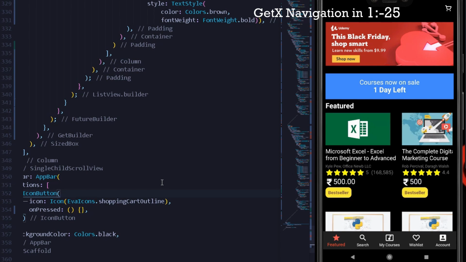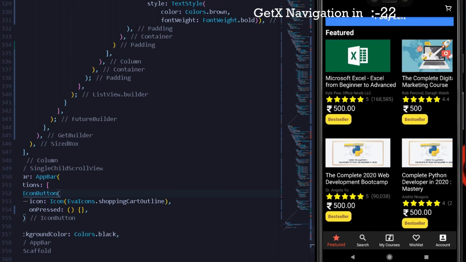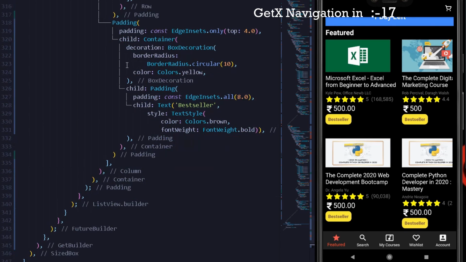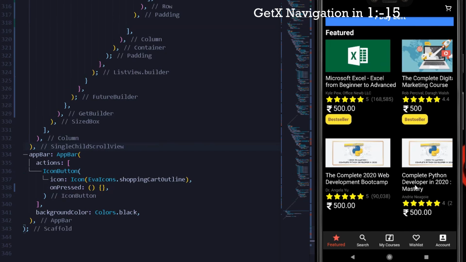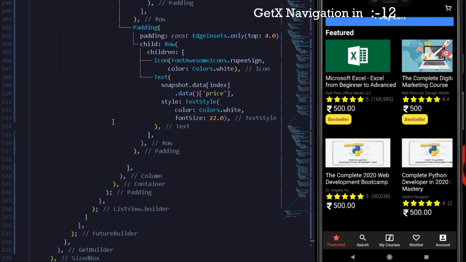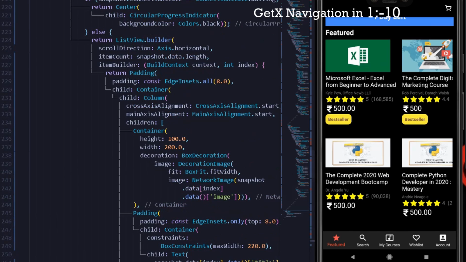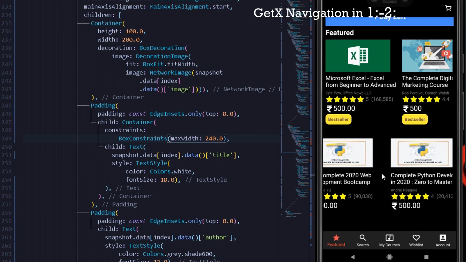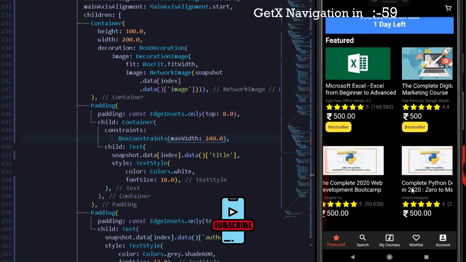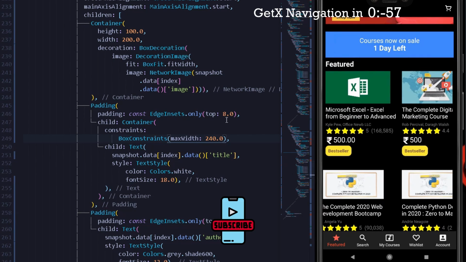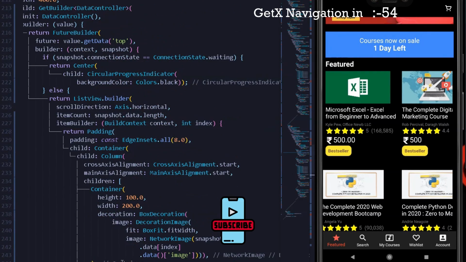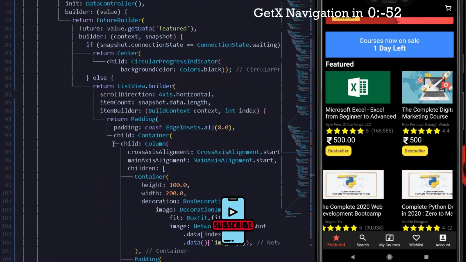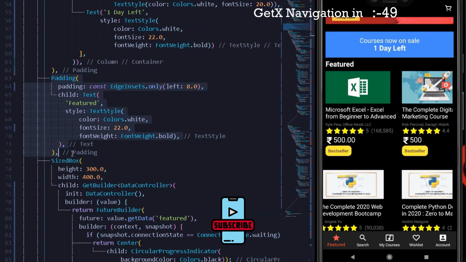Alright, so we have our next collection here, but before that we can do one thing, that is remove the bestseller thing from here. So for that I can simply remove the entire padding. Also let's do one thing, that is give somewhat more max width to our constraints of our width of the text. So here I will have constraints of 240. Alright, so now it's looking more better. So here you can see we have both of the featured screens as well as the top courses screens. Okay, we don't have a tag for that, no worries. So we can go top. We can simply copy the entire featured one, come down, simply paste here.